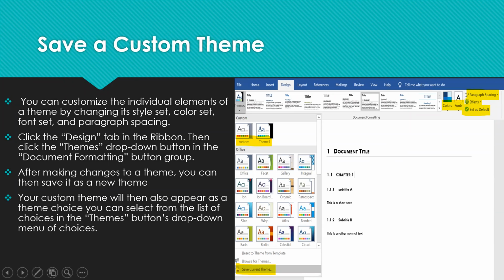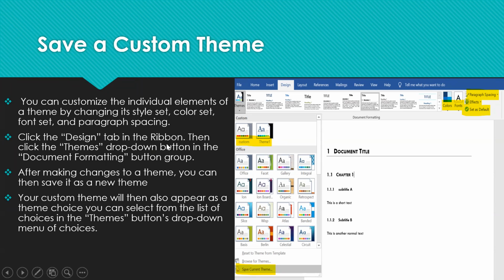Once you save it, you can see it in the Custom section under the themes section. That means we have created our own theme instead of a pre-built theme that is already available in Microsoft Word. And similar to pre-built themes, we can use these themes on our Word document and for later usage.